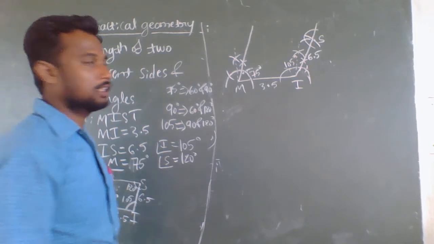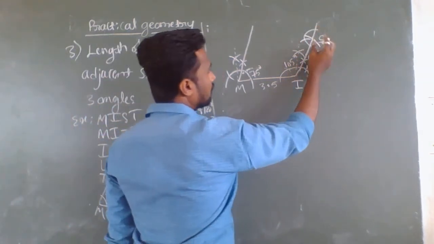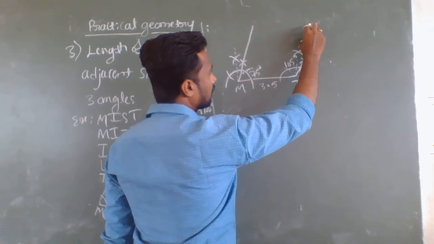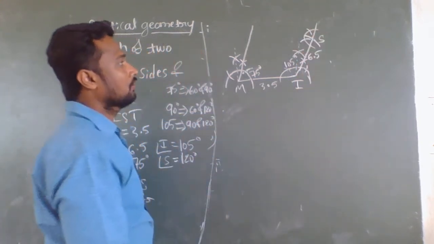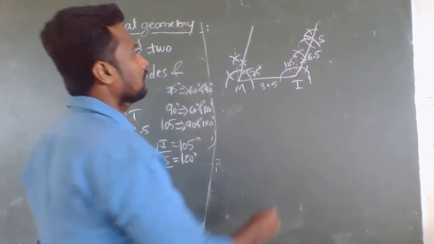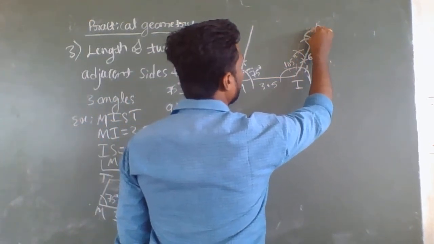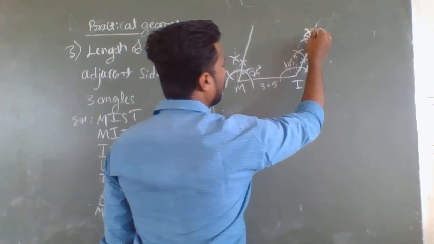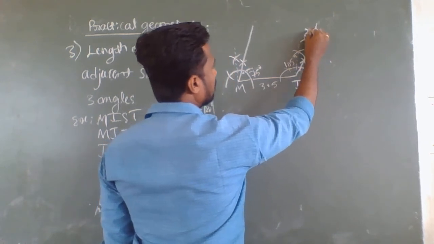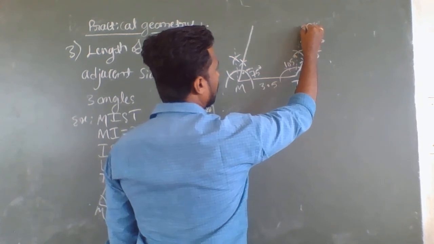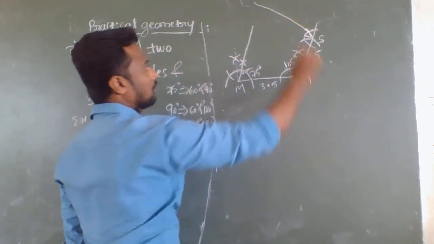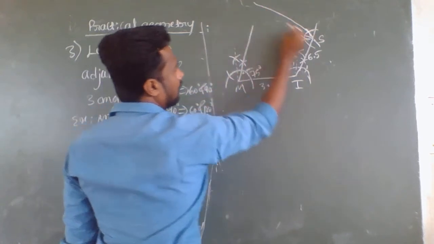First you will get 60 degrees, and with the same distance keep it on the 60 degree intersection point and draw another arc which is 120 degrees. So now here, if we join this S to this intersected point, we will get 120 degrees. This is 120 degrees